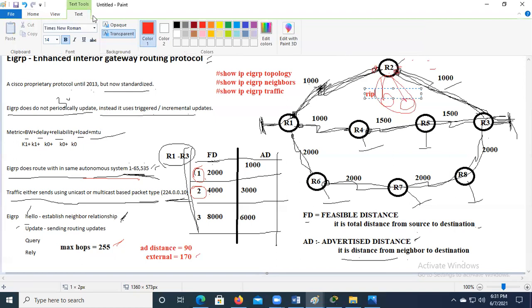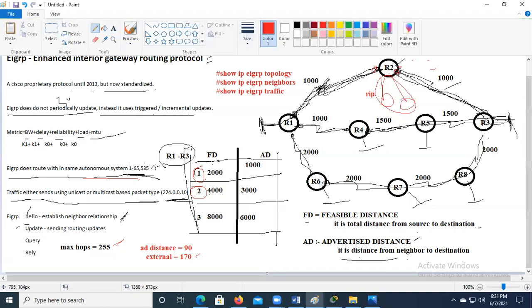So this router 2 has to redistribute EIGRP into RIP, and RIP into EIGRP. So there should be a redistribution done by router 2. When it redistributes the routes, the redistributed routes are the routes that originated from a different routing protocol.